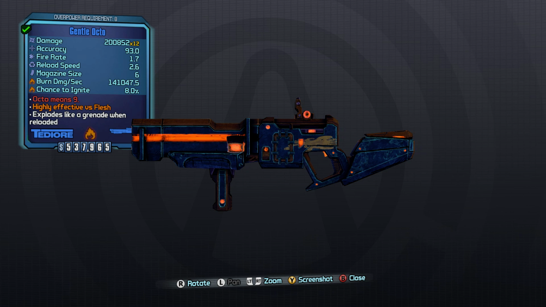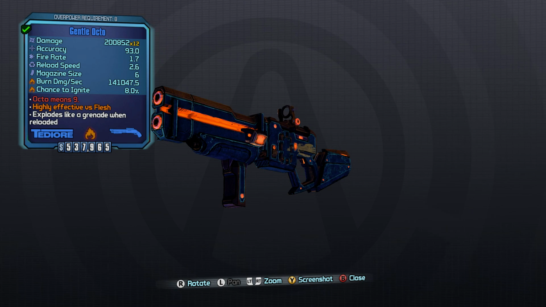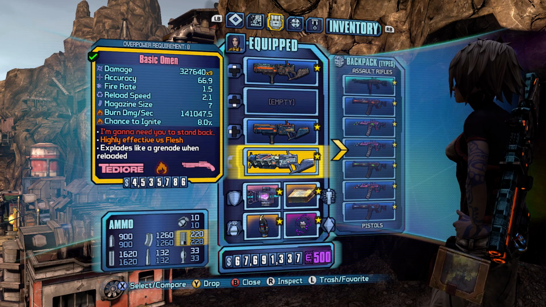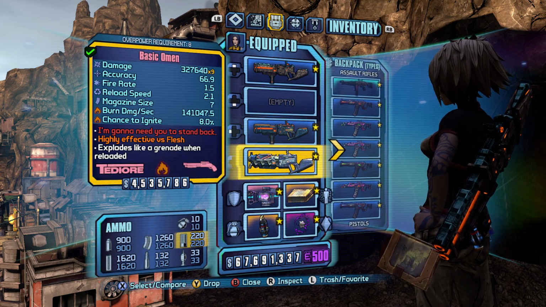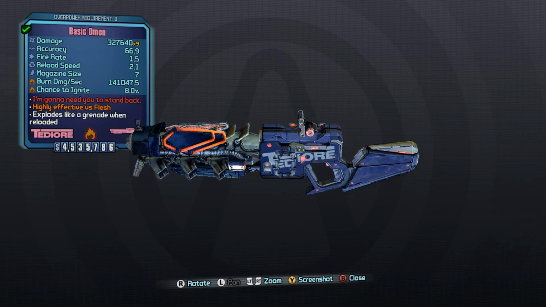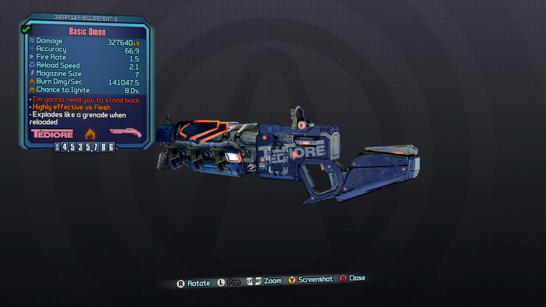The gentle Octo, also same Jacob's grip, vertical stock, Hyperion stock, vertical grip, Jacob's grip. And the Omen, also Jacob's grip, if you can kind of see under the E-Tech barrel. Hyperion stock, you cannot get a vertical grip on this, oddly enough. So I went with the basic,